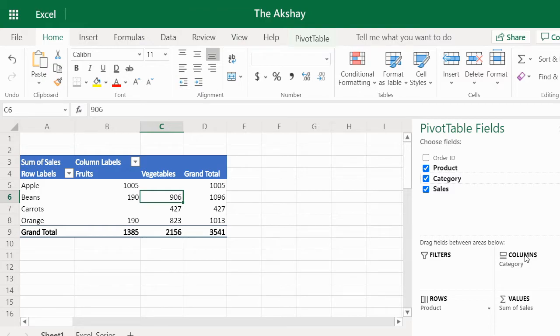It is generally used for months or years, time hierarchies. So here we have the filters area. Filters area is not used that much, but you can use it to remove any fields you don't want to include in your pivot table. So I'm not going into that because it is not really needed for beginners.